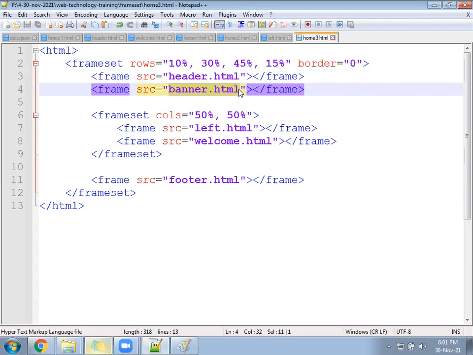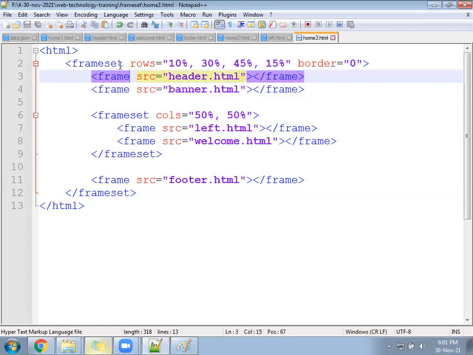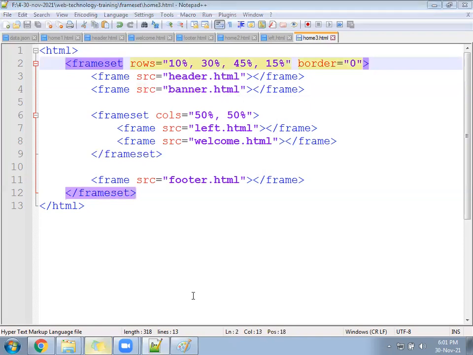Create a file banner.html. BG color is pink.